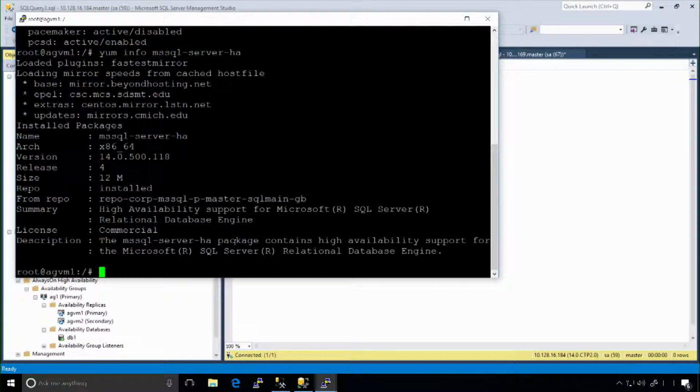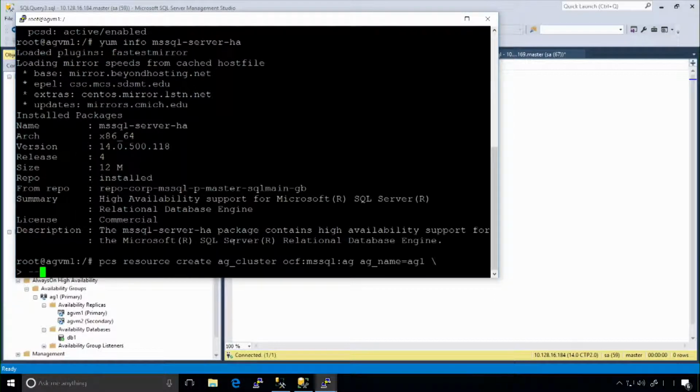Now, all I have to do is run the pcs resource create command to create the resource for the availability group that we just created. So using pcs resource create, we just give the name, any name for the resource itself. We have to specify the type of the resource. Of course, the availability group name, we called it AG1, as well as a series of parameters that will tell